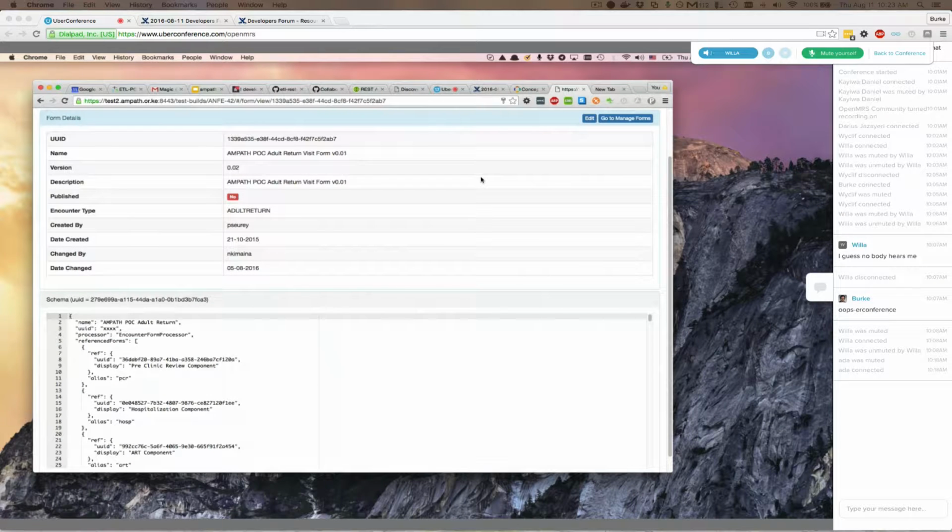Ideally, rather than each of those being separate, unrelated records, you'd have an AMPATH point of care adult return visit form, and then there'd be 1 to n versions of that form, and the API would help you manage that.